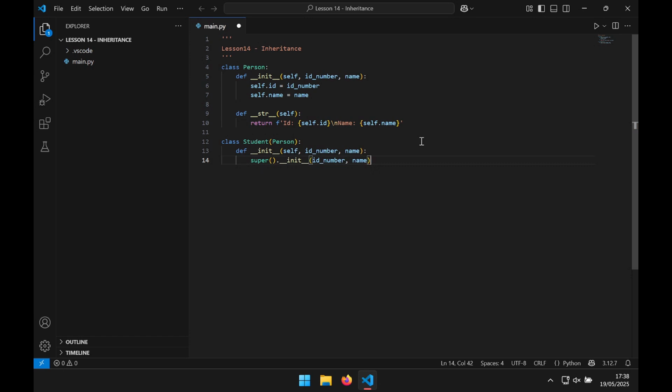super is a built-in function used to refer to the parent class. In this way, it allows you to call methods and attributes from the parent class. Let's add a new attribute, self.course = course. Let's add also up here course,